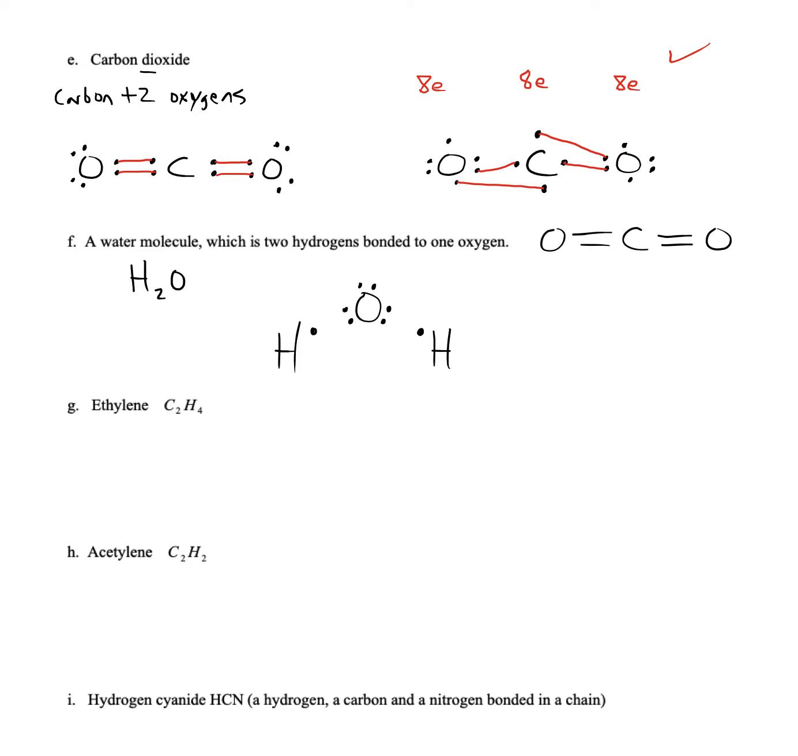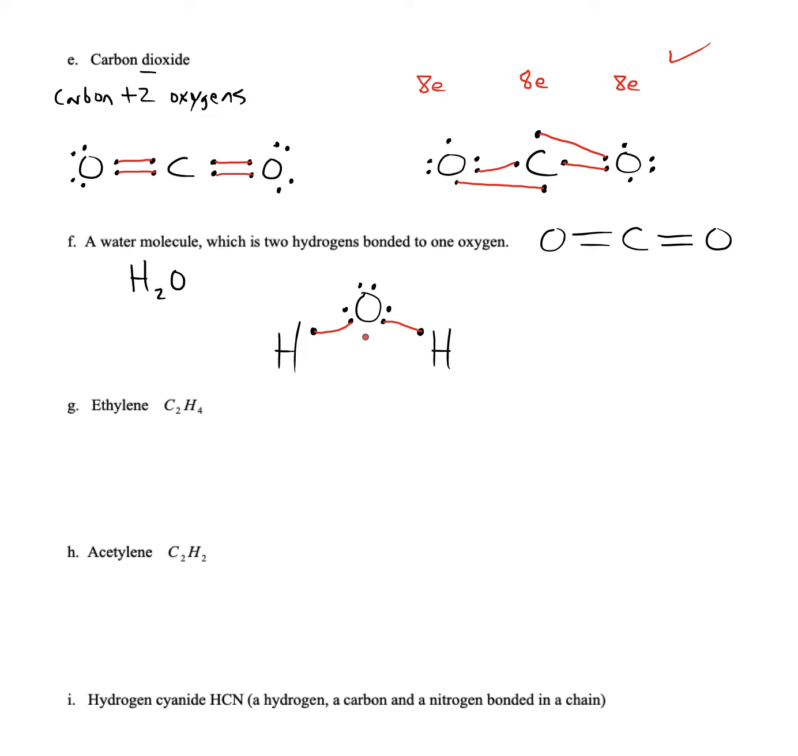Alright, so when it comes to hydrogen, hydrogen needs to be in contact with 2 electrons. So we should just form 1 bond there and 1 bond here. Now the hydrogen's happy because these hydrogens are in contact with 2 electrons, and the oxygen